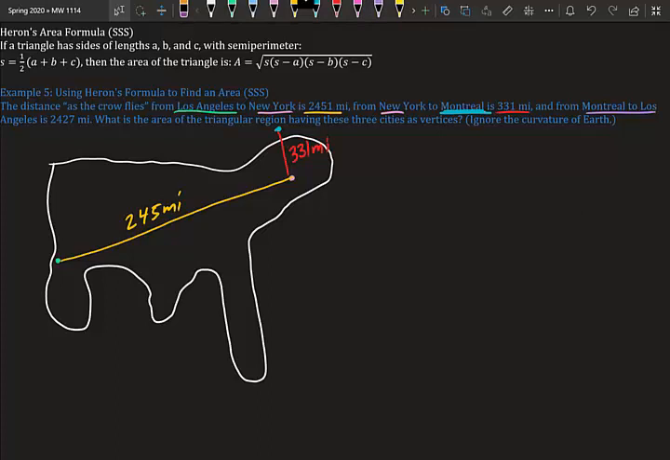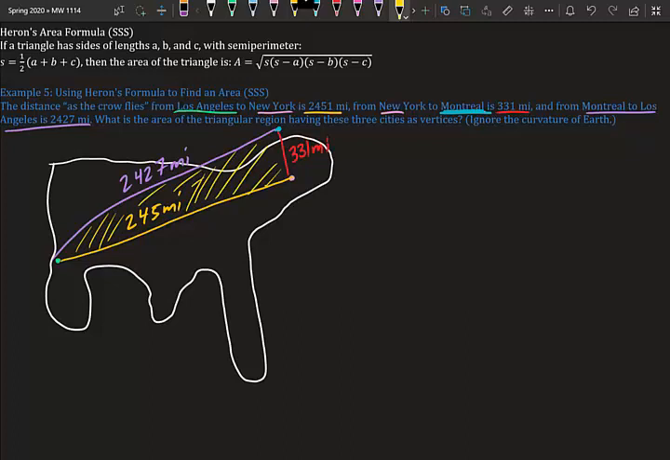From Montreal to LA, it's 2,427 miles. So what we're trying to find is the area. This right here. That's what we're trying to find. So let's identify and label our sides. It doesn't matter what you label it, just label A, B, and C. So we're going to say A is